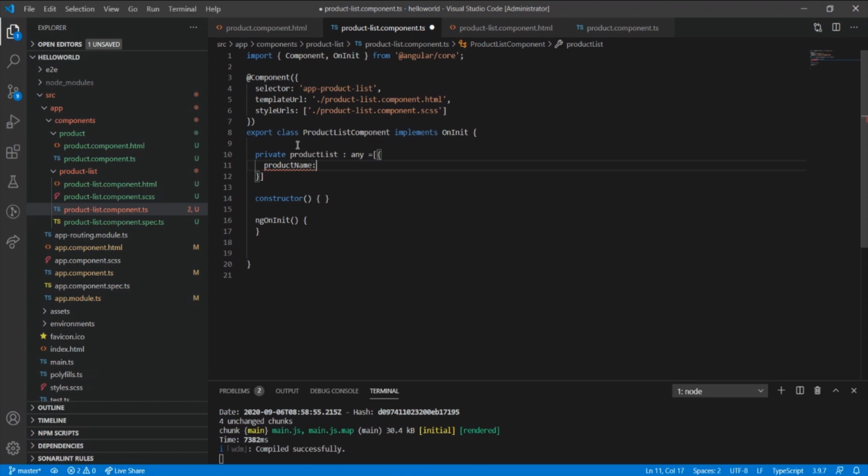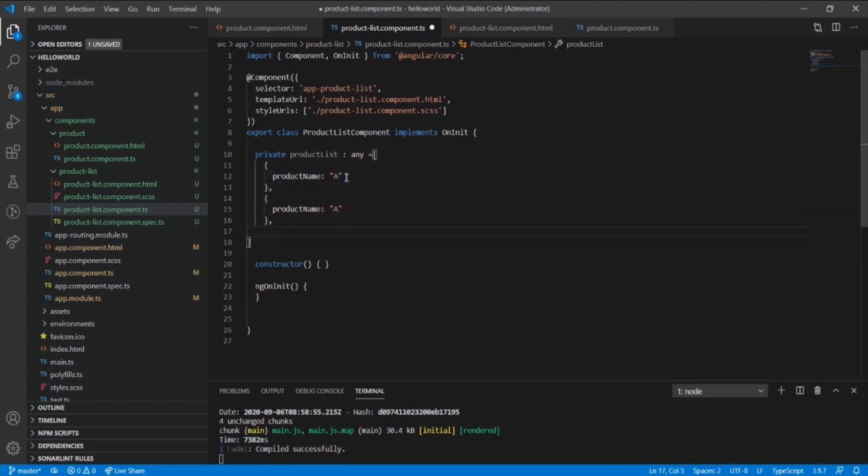So let's have the product name A, and let's have another object of the product. So we have three products,